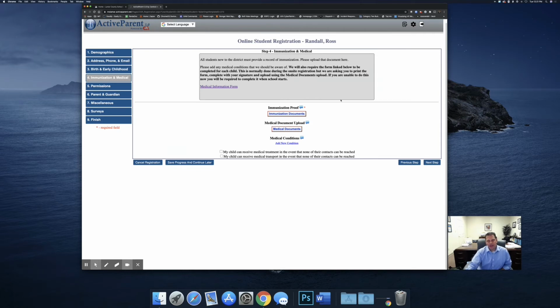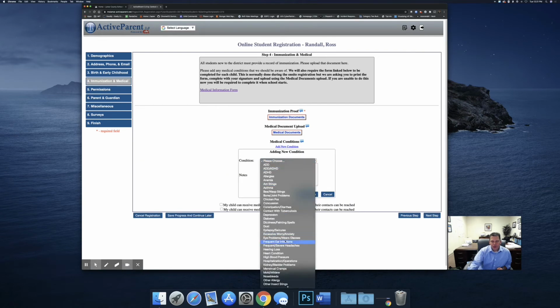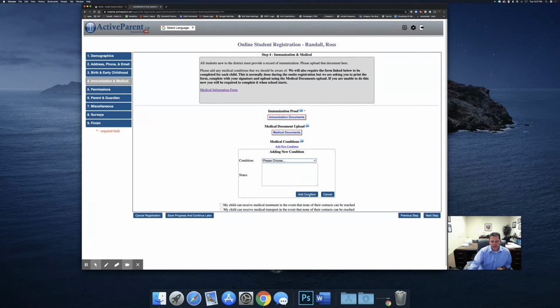If we have any new students that we do not have that form on, then you'll be contacted and have to complete that form at some point when school starts. It's very important that we get this information. Also, you can include any medical conditions that are relevant to your student. You just select add new condition, choose from the drop down, and then add any notes,